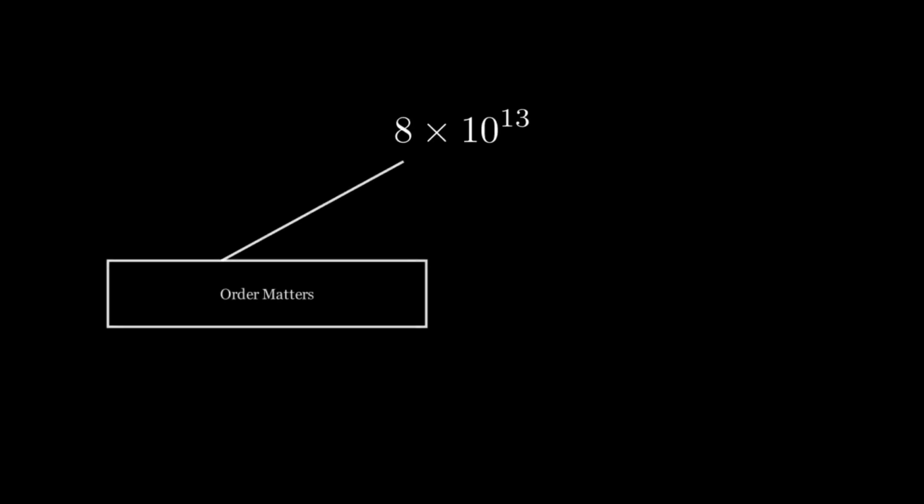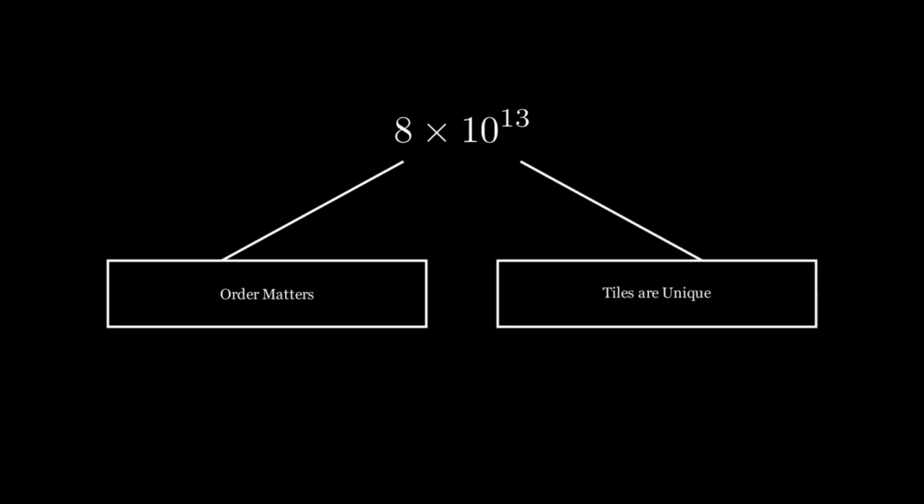But if we want to tackle the question of unique racks, we've clearly overcounted. Encoded in this number are the assumptions that we not only care about the order of the tiles on the rack, but also consider each of those tiles to be unique. Addressing the first is simple enough, so let's give it a go.